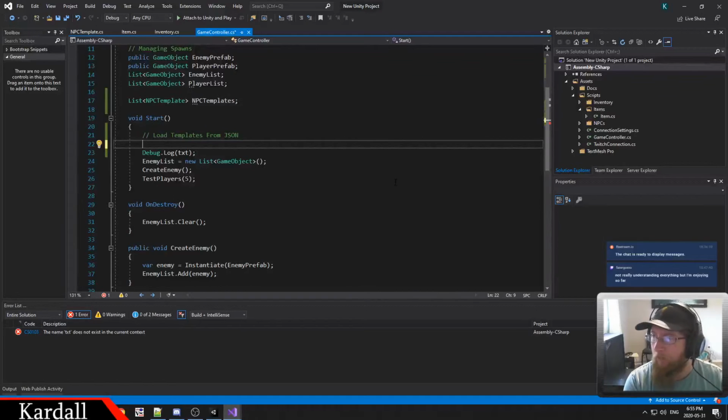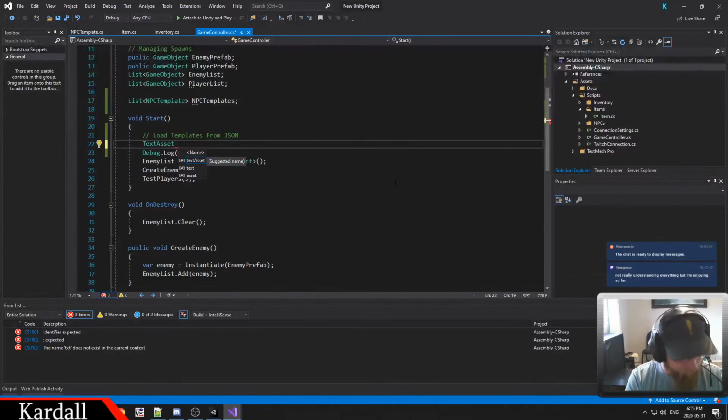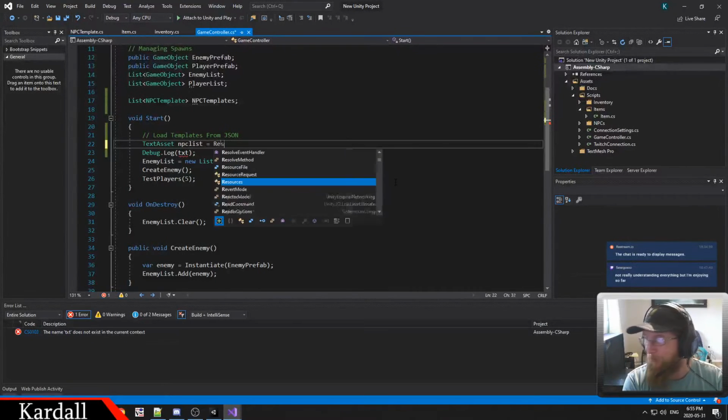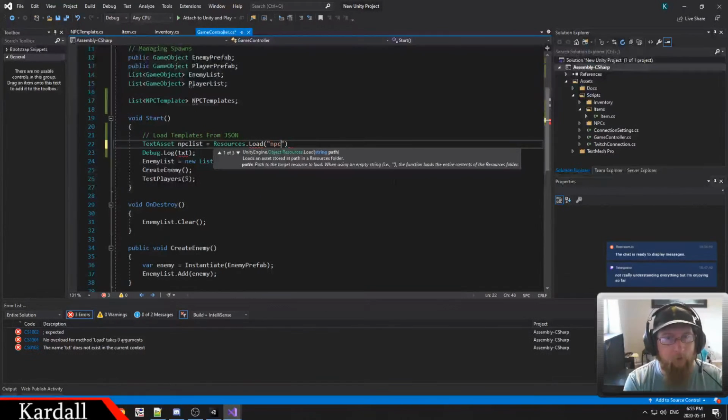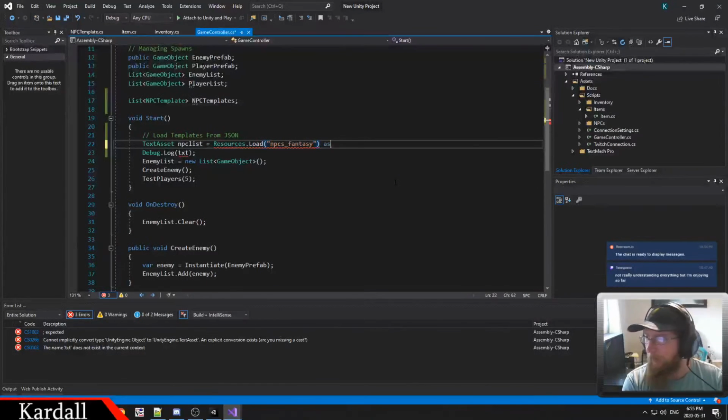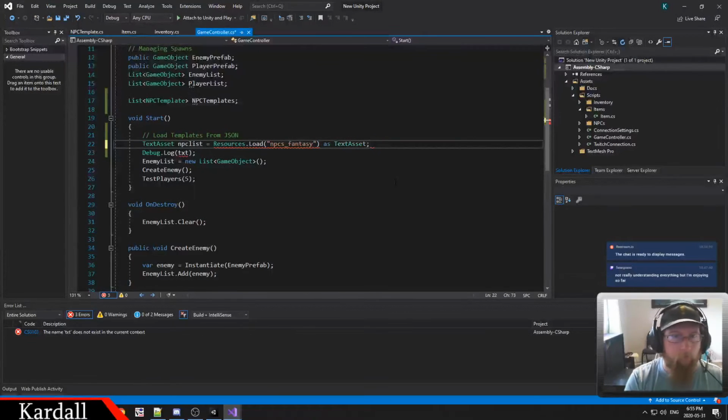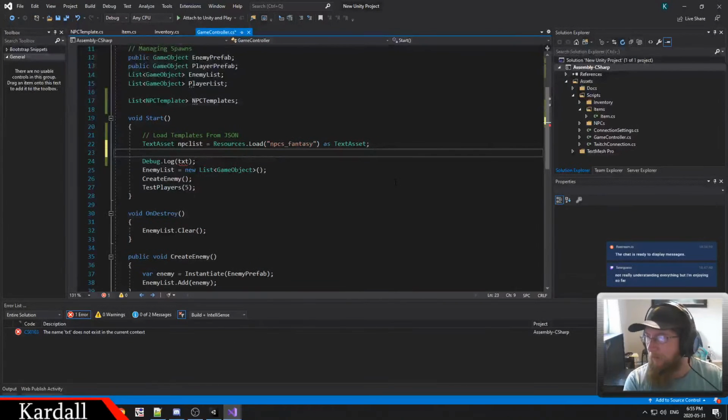Okay, so if I do text asset NPC list, okay, so then you go Resources.Load, and it says use the name, not the extension. So NPC fantasy as text asset, and then